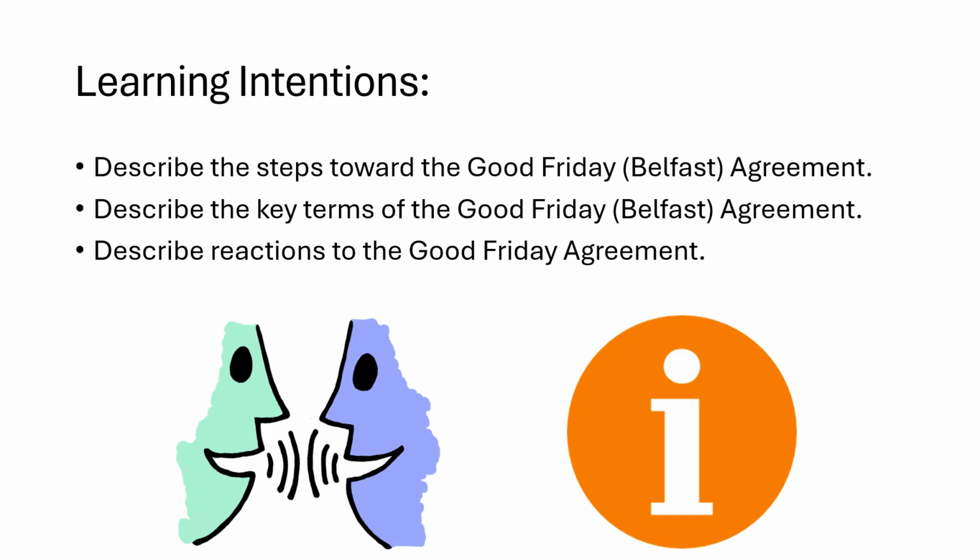That will not come up as a 9 marker in 2026, but it could come up in some other capacity. If this topic does come up, it's unlikely, but if it does come up, it'll be describe the reasons for the steps toward the Good Friday Agreement, or describe the key terms of it. I don't think either of those is likely, but if one was more likely than the other, I would myself err towards the first one, the steps towards the Good Friday Agreement, the reasons why it came about. That's a nice question, and that would be a really good one to get in the bag if it came up on your exam by just knowing it.